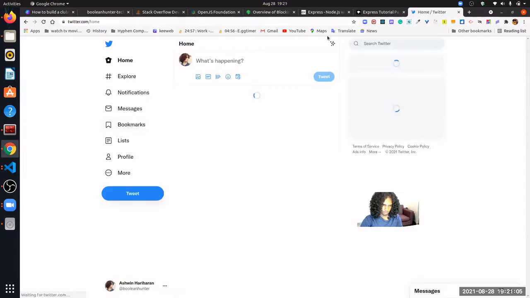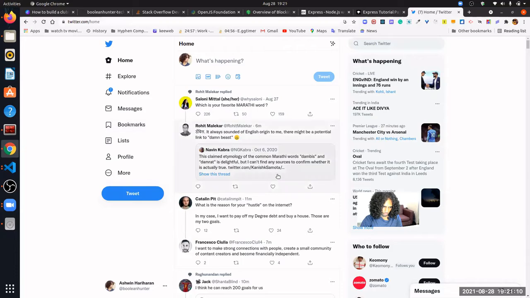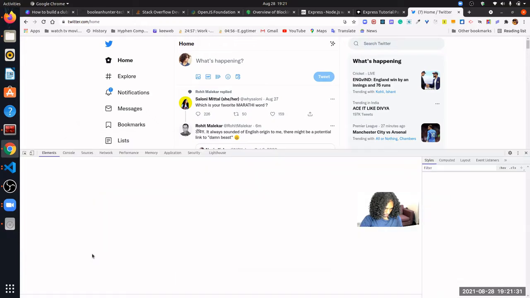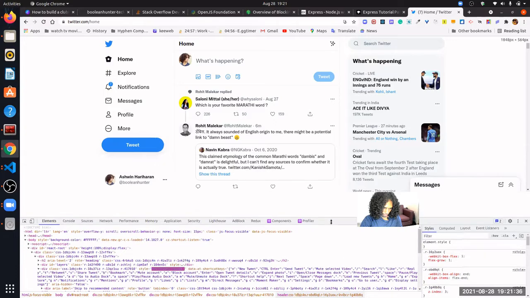And this is my profile on Twitter, and I'm seeing a bunch of feeds over here, a lot of tweets. So if I want to analyze what requests this page sends, I can just do a right click and do inspect, and that's gonna open the Google Chrome developer console,